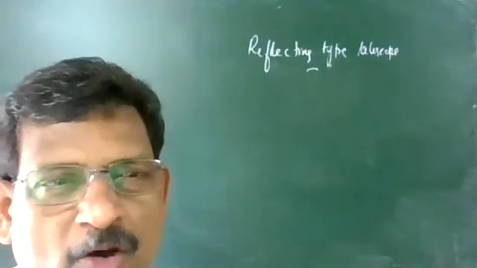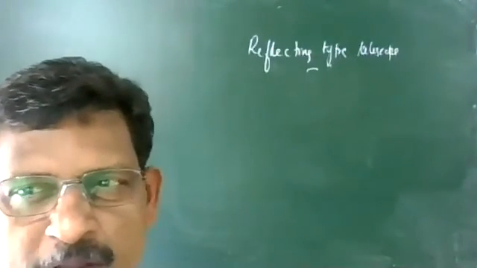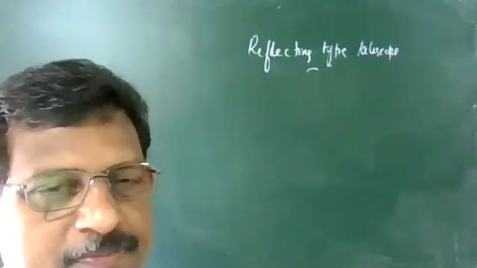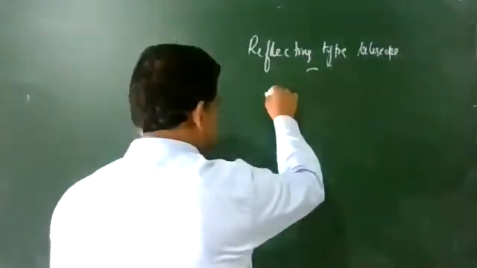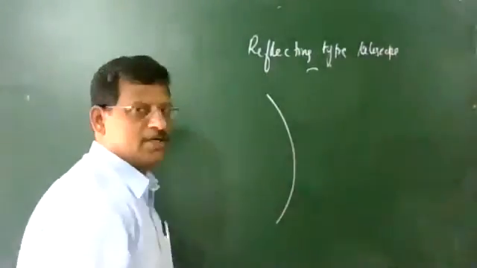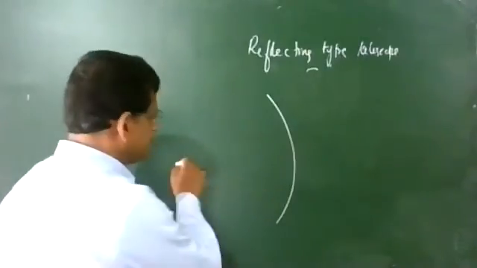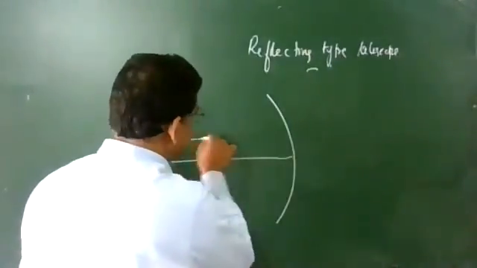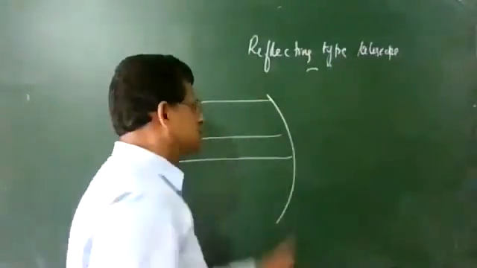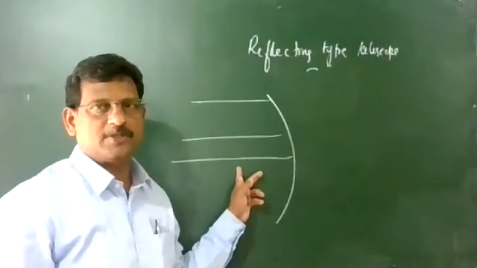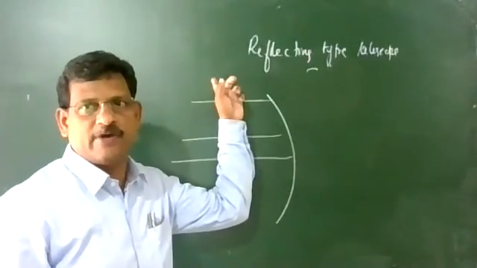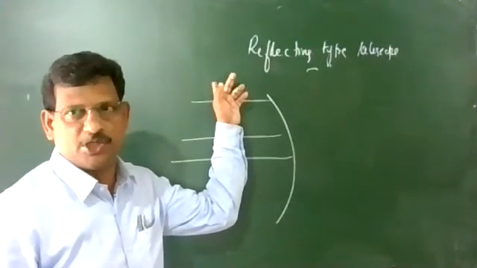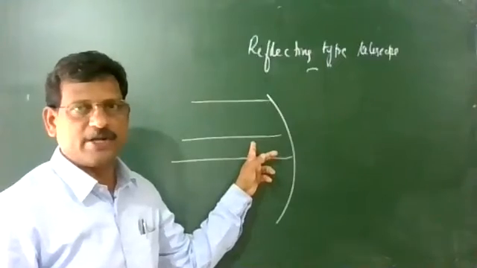What is the speciality of a parabolic concave mirror compared to an ordinary concave mirror? First we see that point. This is the usual type of concave mirror. There are two kinds of rays. One is a ray parallel and very close to the principal axis, called paraxial rays. The other is very far from the axis, which we call marginal rays.